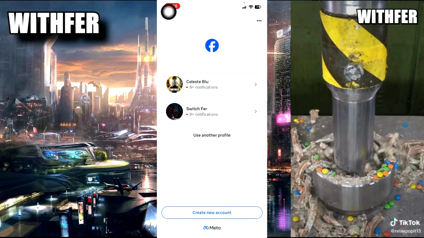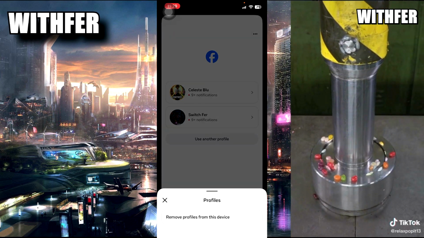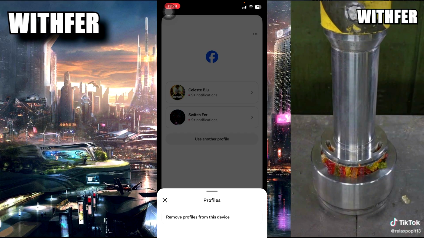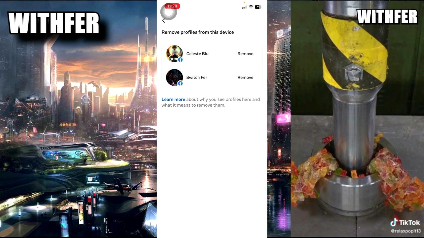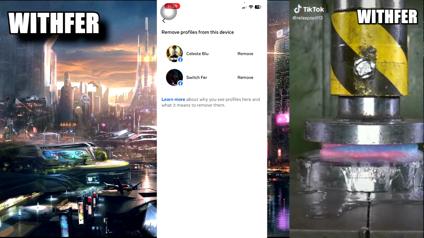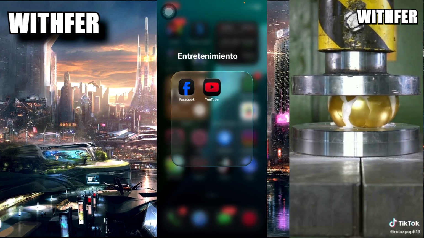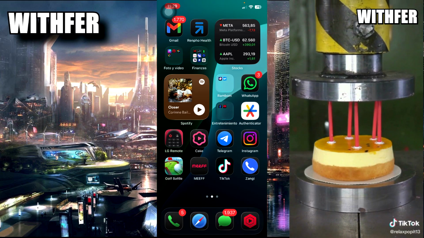Now when you are here in the corner, can you see three points, those here, and then remove profile from this device. This is so important because you have your personal information saved here. Those here, and delete, remove your profile, okay? I have 2 accounts here, but if you want to remove one, that's it. Do it now. But that is not all. You need to do something more, okay?